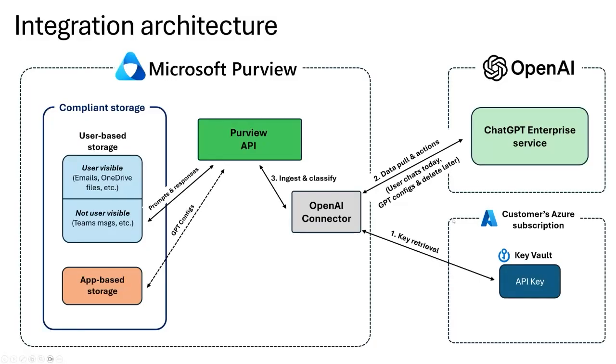But let's go into some detail how this really works. So if you look up on the right-hand side here, you have OpenAI. This is a ChatGPT Enterprise service where you have your existing workspace in ChatGPT. The way we do it is that you integrate with an OpenAI connector that we have as part of our data maps. I'll show you where it is and show you some tips and tricks around that one in the demo. That OpenAI connector is